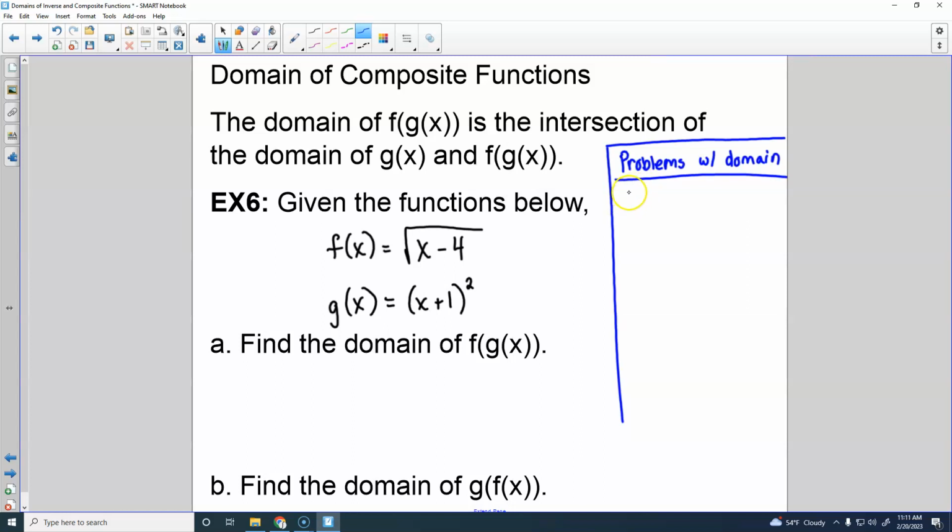So, the things that are going to give us trouble with domain are zeros in the denominator, so we cannot have numbers that will give us 0 in a denominator. That's going to give us a vertical asymptote or maybe a hole in the graph depending on what the numerator looks like. All right. We also cannot have negative